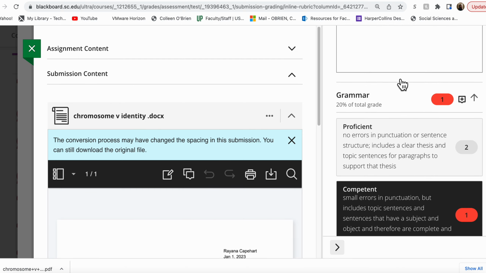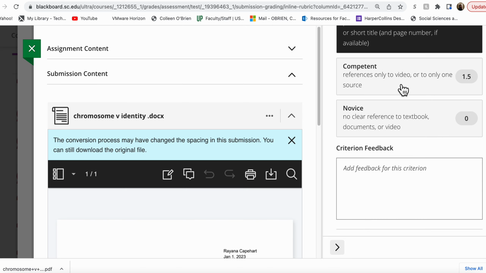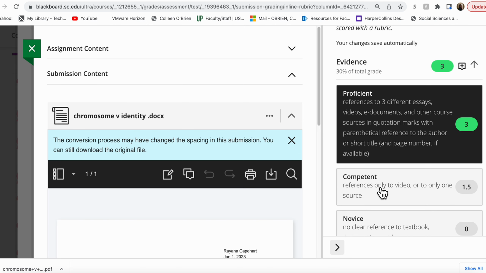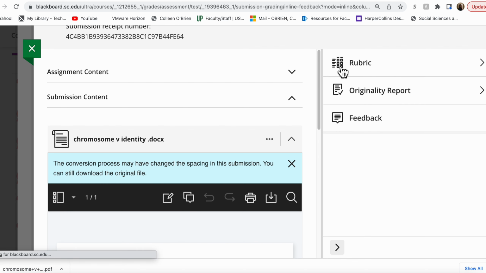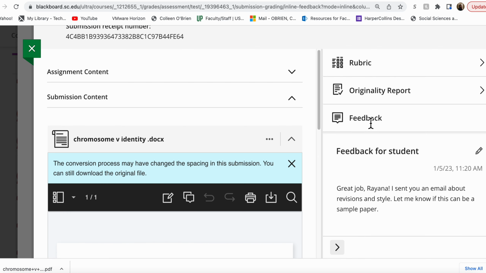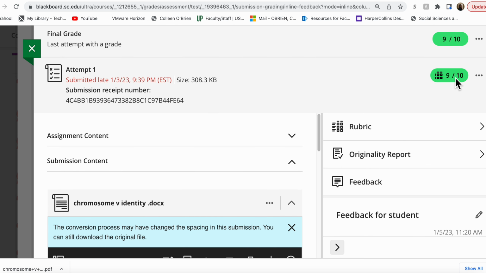The other thing I would like to show you is, and I apologize if this looks completely different in your view. I don't know why Blackboard makes the view different for faculty and for students, but you should be able to see the rubric when you click on the assignment in the gradebook, and you should also be able to see feedback when you click on it in the gradebook when you see your grade. It might look like this.